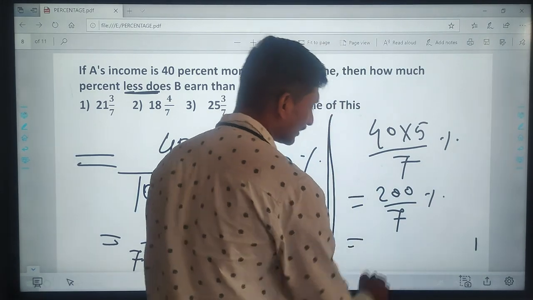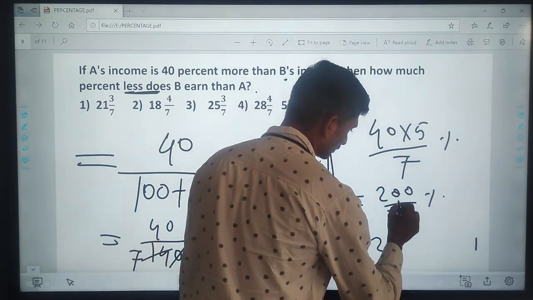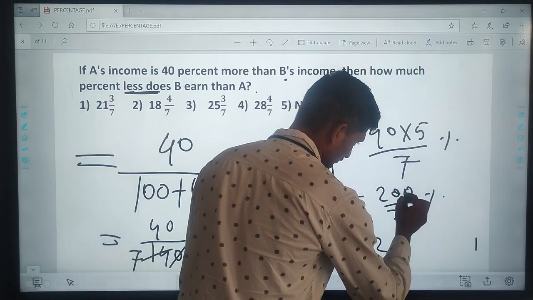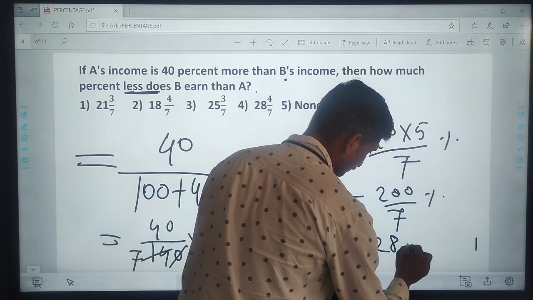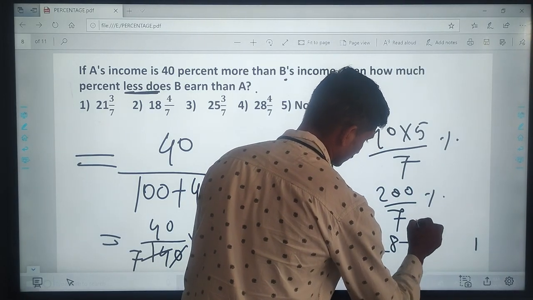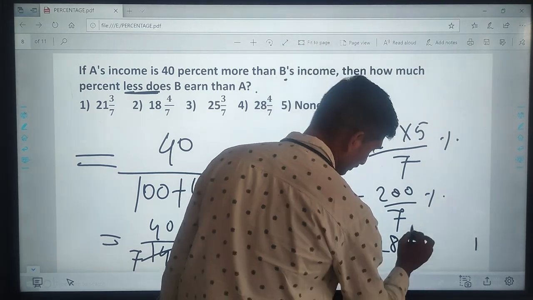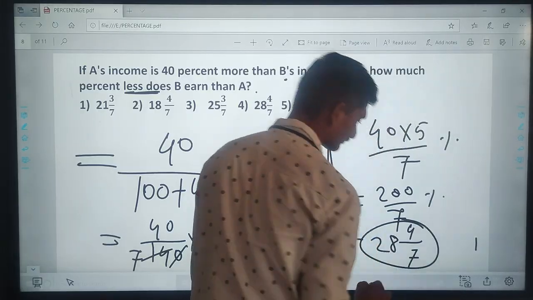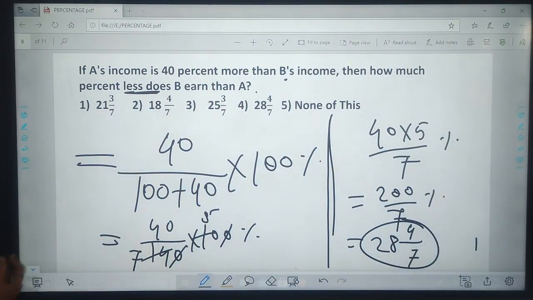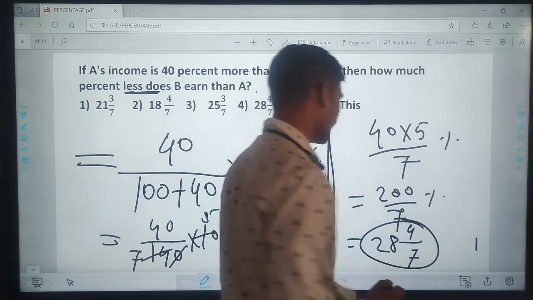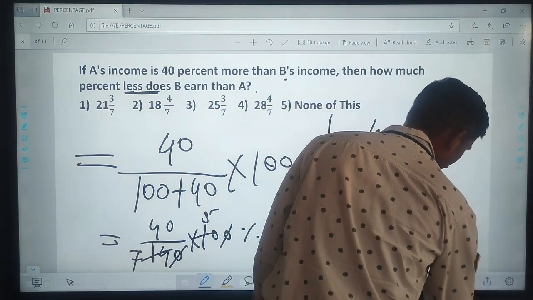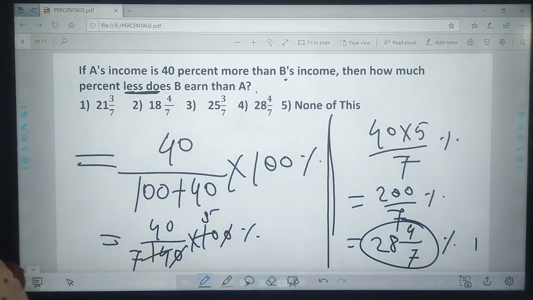Here it becomes 28 4/7. Now your answer is 28 4/7%. Next,